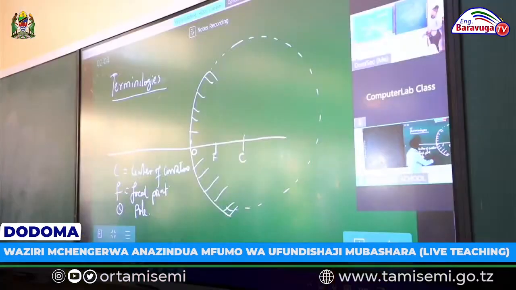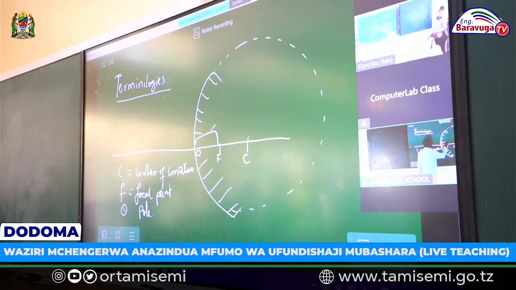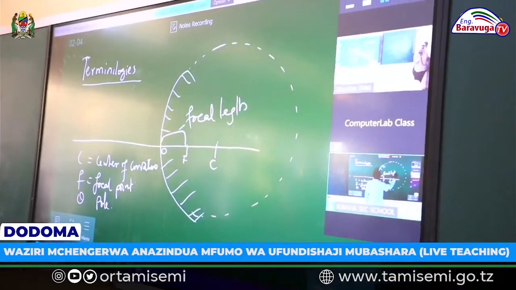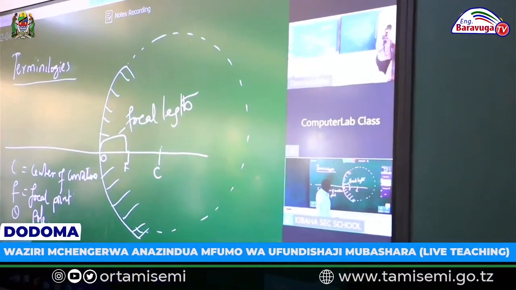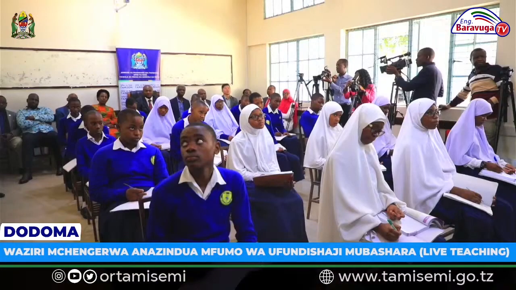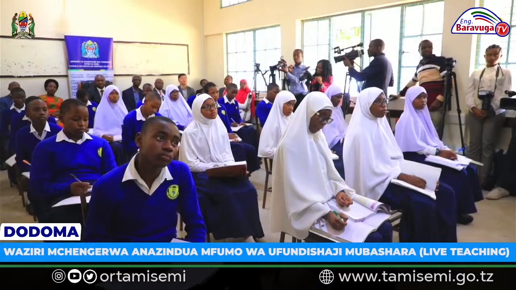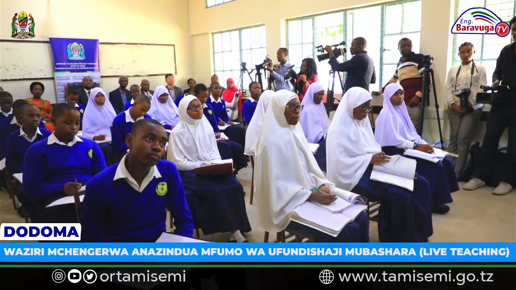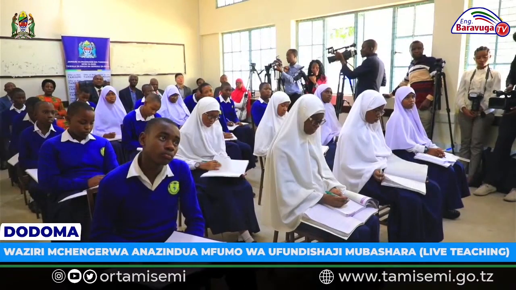From O to F here, it is now not a point but it's a length. We call it a focal length. This one is what's called a focal length. And from O to C, two students from both Dodoma and Kibaha to help me define this part. How do we define the part called